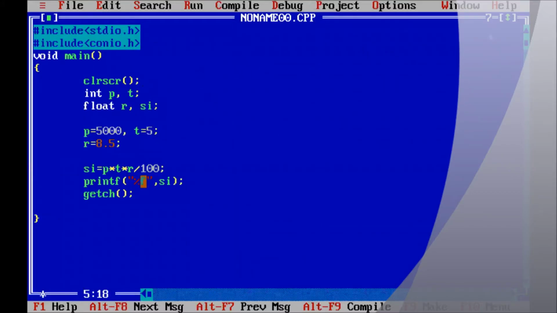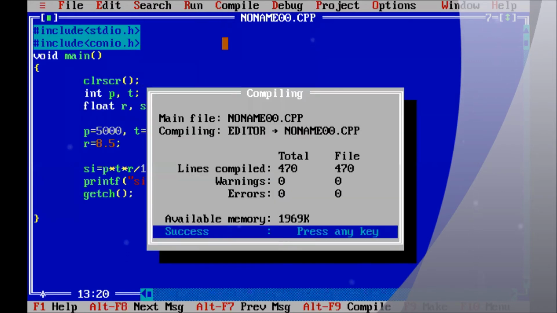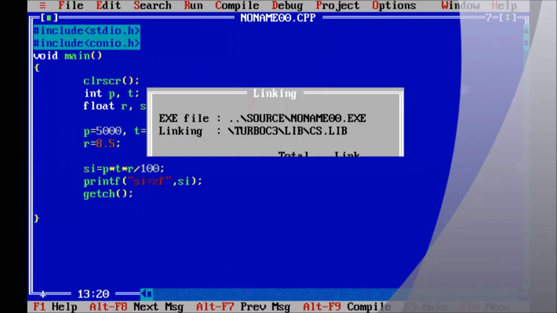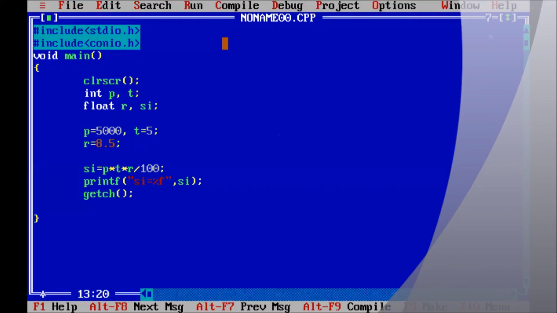Here we write simple interest equal to. So we compile and run. So you can see the simple interest equal to 2125.000.